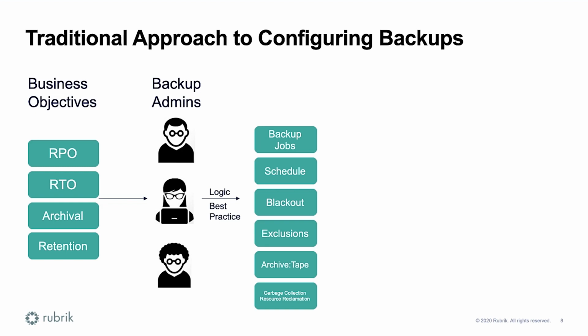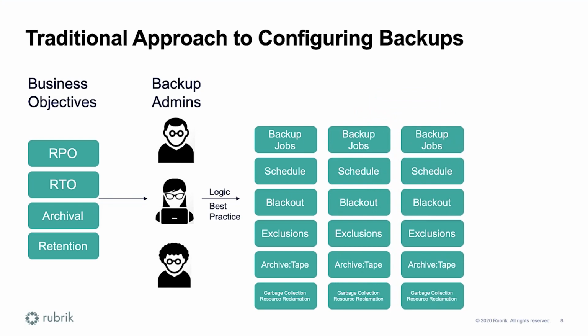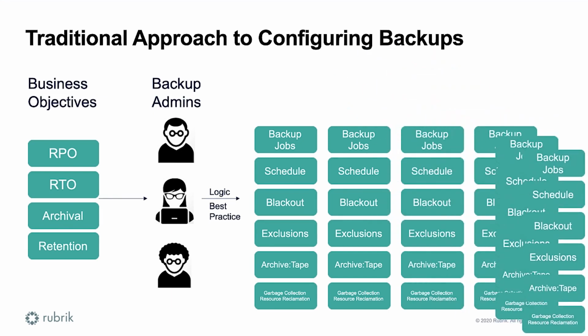And you can't kick off, let's say, 2,000 VMs at one time, right? So organizations then create another set of backup jobs and schedules, and another set for load balancing on the back end. Your VMware environment might have backups at 8 p.m., 10 p.m., and midnight to space things out a little bit. Then if you add in workloads like SQL, Oracle, and NAS, usually there's a dedicated policy for all those different things, or maybe even cloud. With this comes a